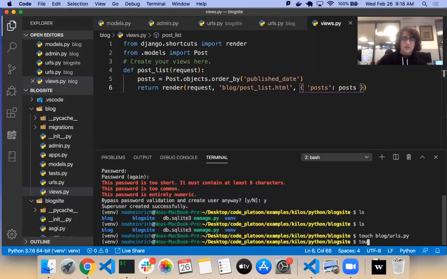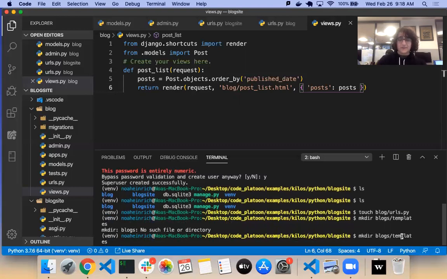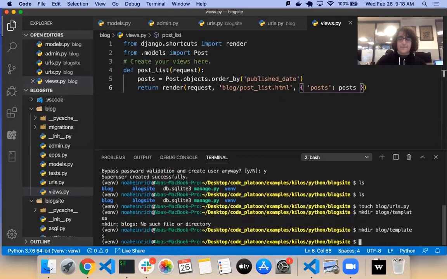So now we need to make a folder for templates, and inside templates we need to make one called blog. So I'm going to make directory blog/templates. Oh, it's just blog. And then I'm going to make directory blog/templates/blog.